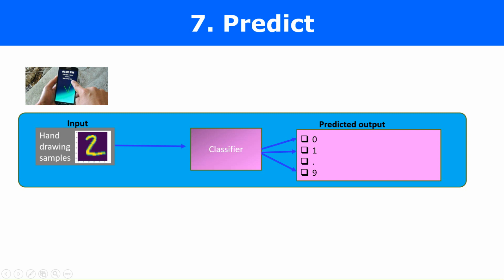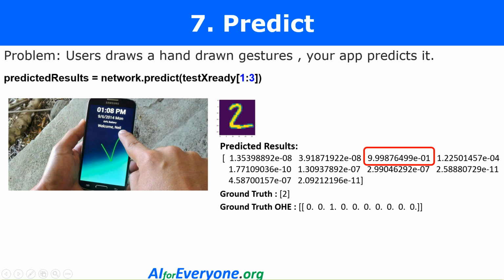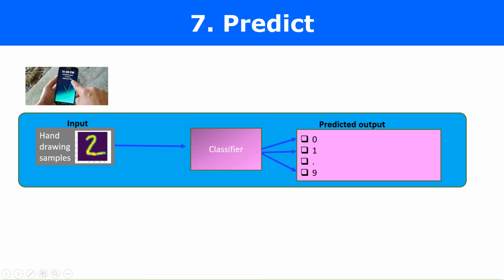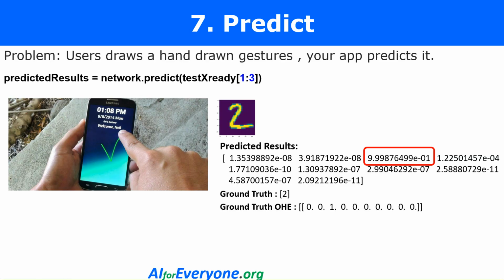Essentially, the output is in the form of a one hot encoded vector. Essentially 2 is represented as one of the 10 classes, and it's actually representing 2. So the class representing 2 was activated. And if you see the predicted result, everything else is almost close to 0 except this one is close to 1. So that's how easy it is to define your first deep learning project.